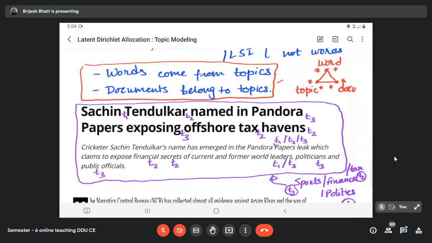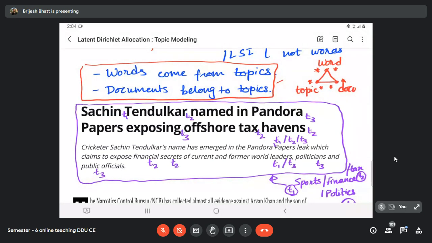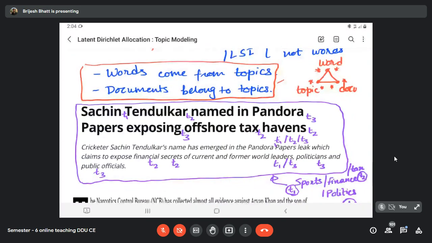So we look at words, we read the text, we get some meaning, we understand something from the text, and then we say that okay, it might be in these three categories: sports, finance, and politics. Of course, we may not agree on the degree of belongingness to these three categories. Some of you might say that it is more of a finance and less of a sports and politics. Some of you might say it is more of a politics and less of sports and finance.